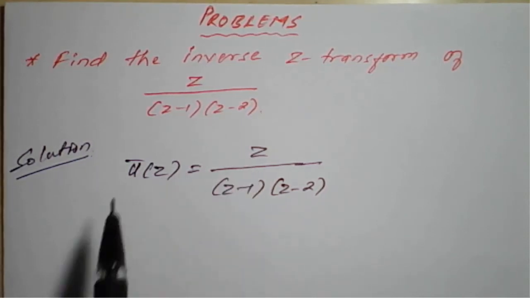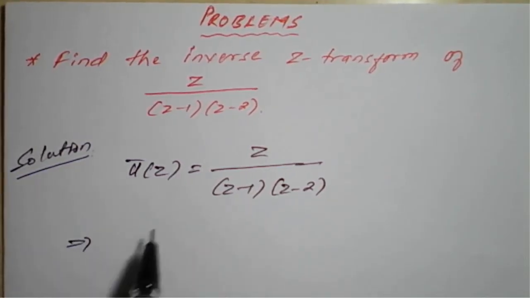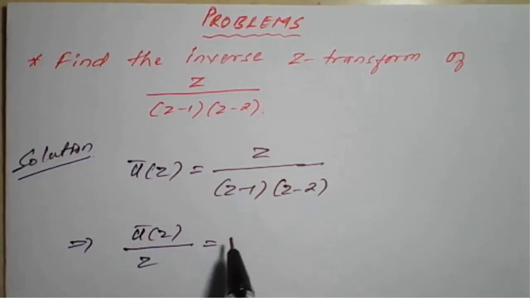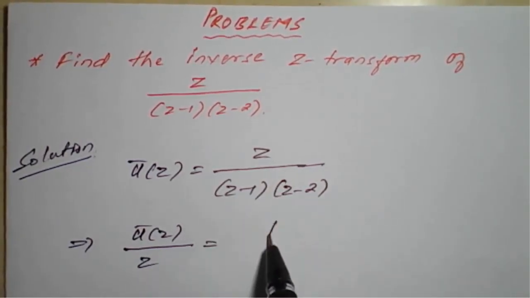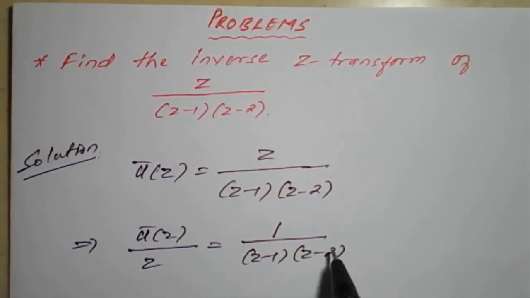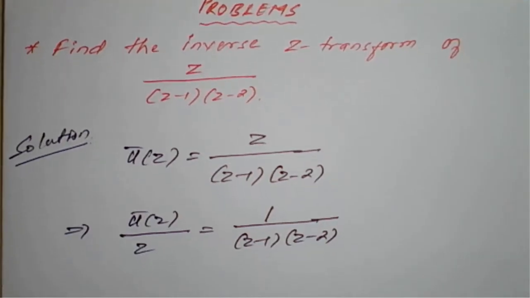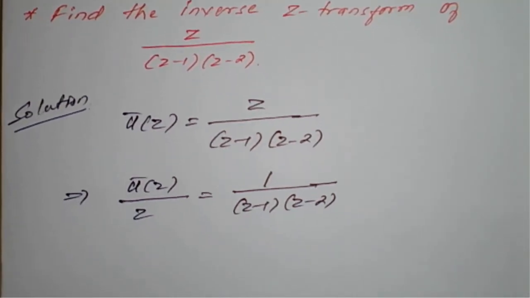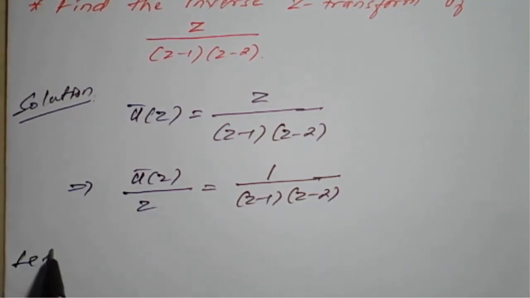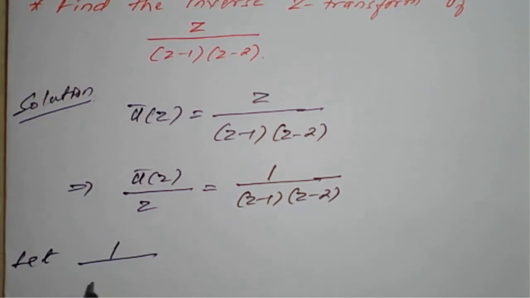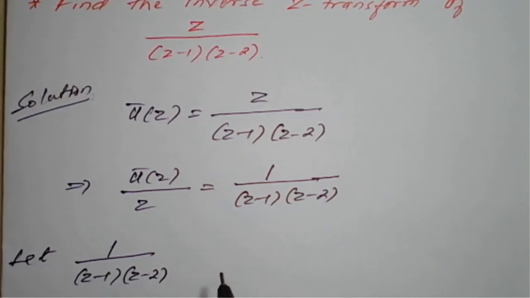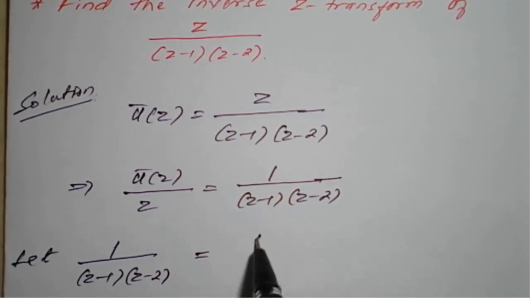Cross multiply this z to the left hand side, so we get U dash of z divided by z is equal to 1 divided by (z minus 1) into (z minus 2). We need to simplify (z minus 1) into (z minus 2) first before applying the Z transform. Let the right hand side, 1 divided by (z minus 1) into (z minus 2), be simplified by considering